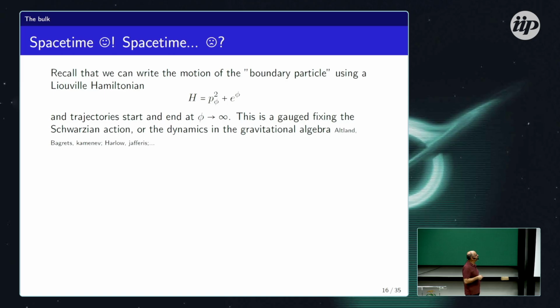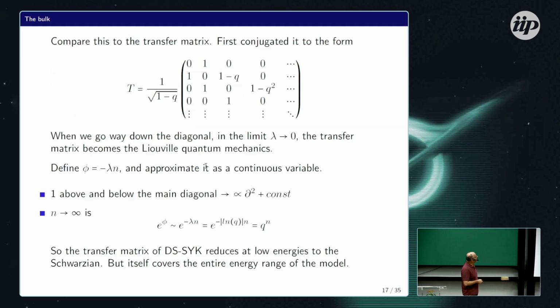Which is essentially given by this Hamiltonian after you choose a specific gauge. You can do this in Euclidean, you can do this in Minkowskian, and there's an additional condition here that the trajectories go to infinity and end in infinity. So you come back, you start under the potential and you end under the potential, and you can argue very simply that this is, okay, I'm being very loose here, you can argue that this is what you get from the transfer matrix. You can arrange